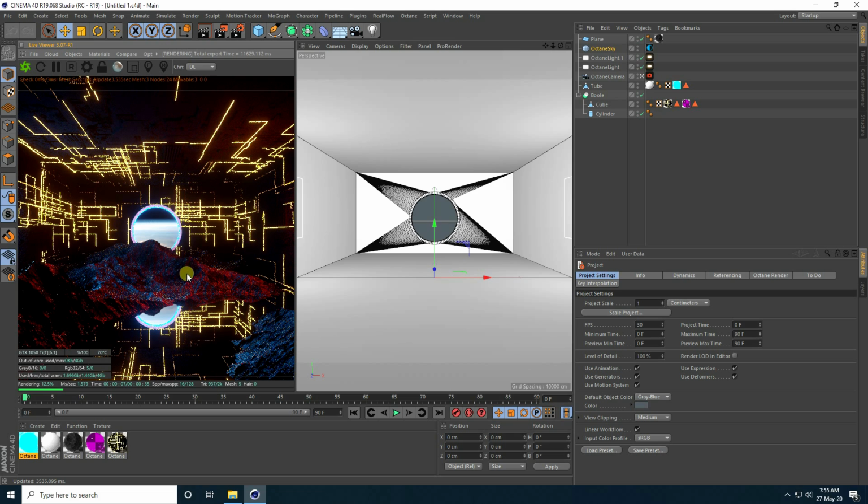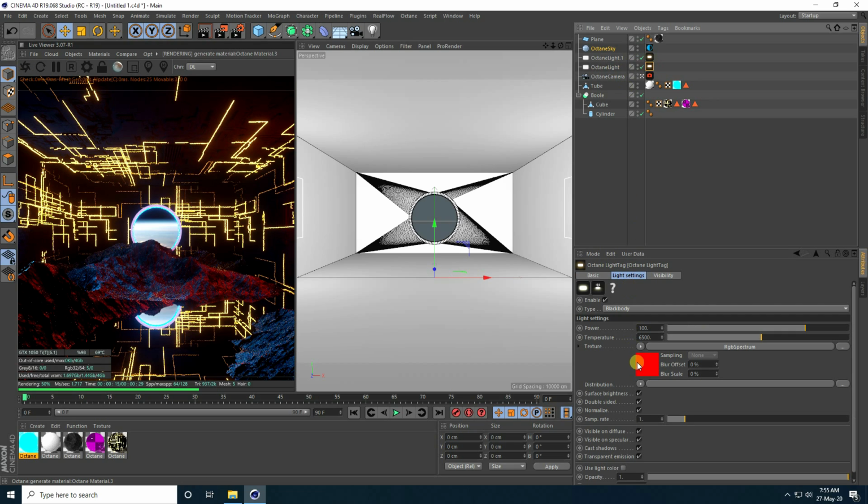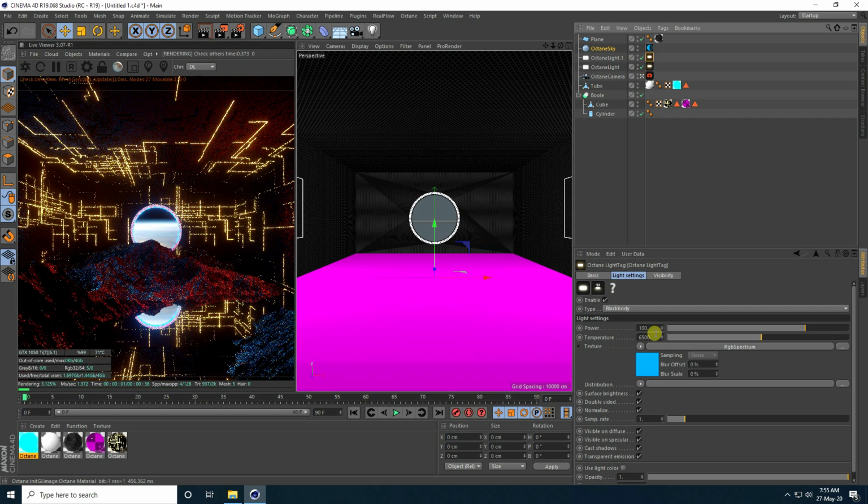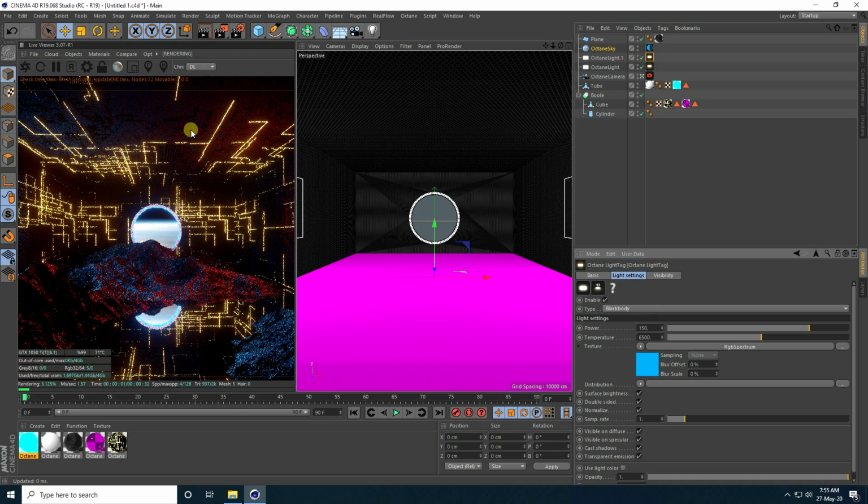Okay. So guys, now little bit increase lighting also. So select this octane area light, this one. Guys, power little bit increase like 150. And this one also increase like same 150. See guys, now this much better, right?